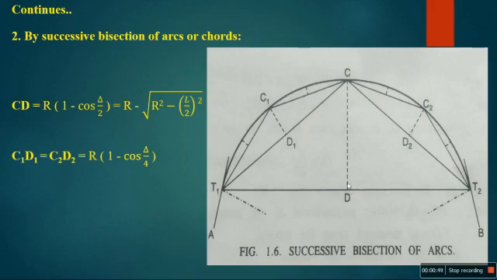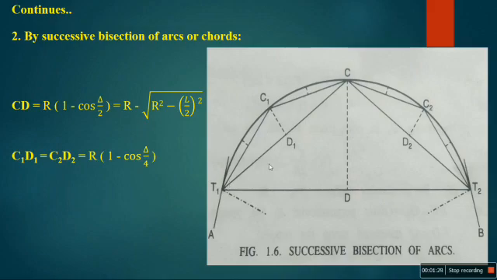After that, here you have to erect a perpendicular line at some length. Then you have to find out the length of this perpendicular line by using the mid-ordinate formula. This is the formula. Later, after joining this, just join the T1 to C point and T2 to C point. Again, we are getting these two chords for this arc.